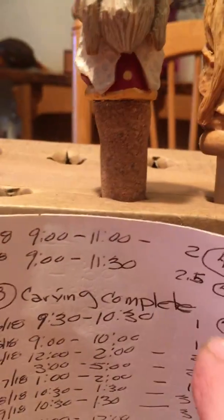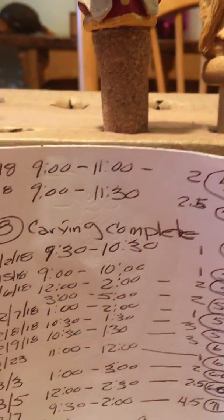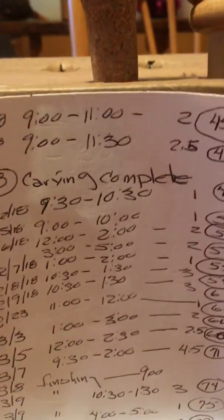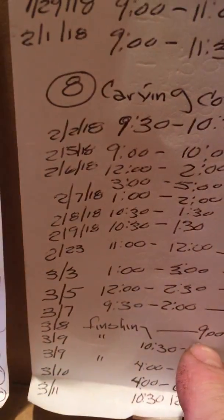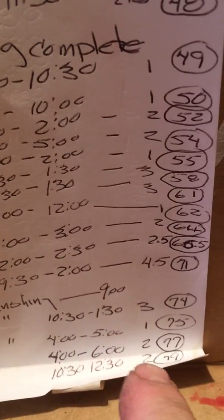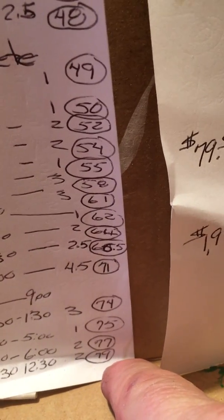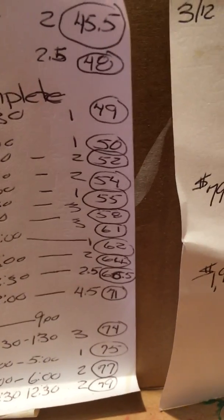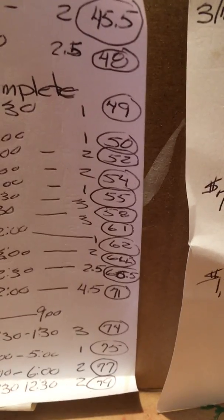At this point, after 48 hours, I had 8 of them carved. Eight of them completed carving. And I continued on. I guess I started finishing, painting at this point. And until I was finished, I had 79 hours in the project. Now that doesn't allow for running for materials and things. And there's no material costs involved in that. But anyway, till it's finished,